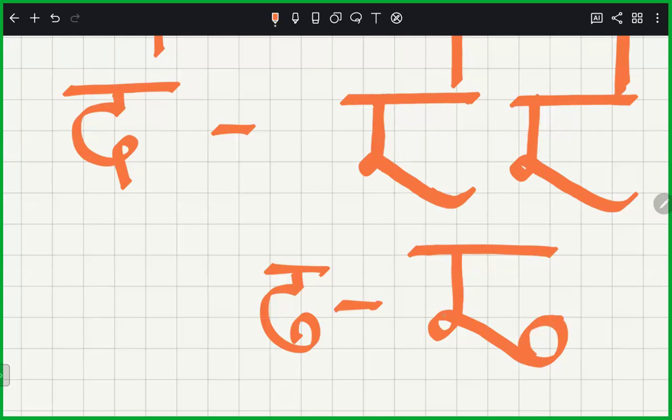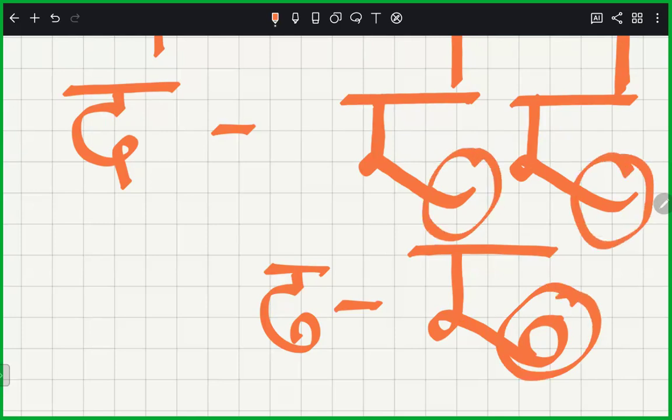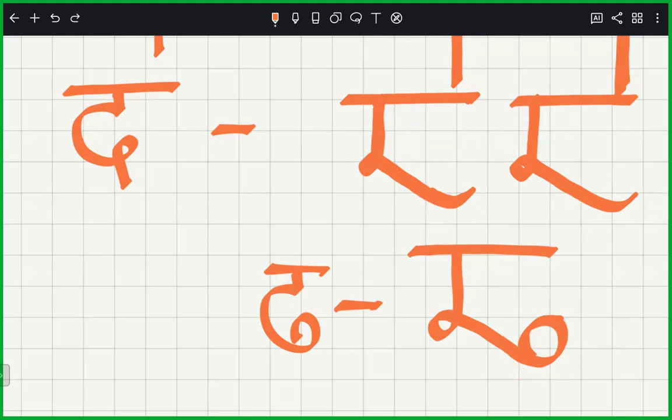This loop is a little bigger. Here it is smaller. This one is the main difference here. Okay, I'm going to erase this so that it doesn't interfere with our